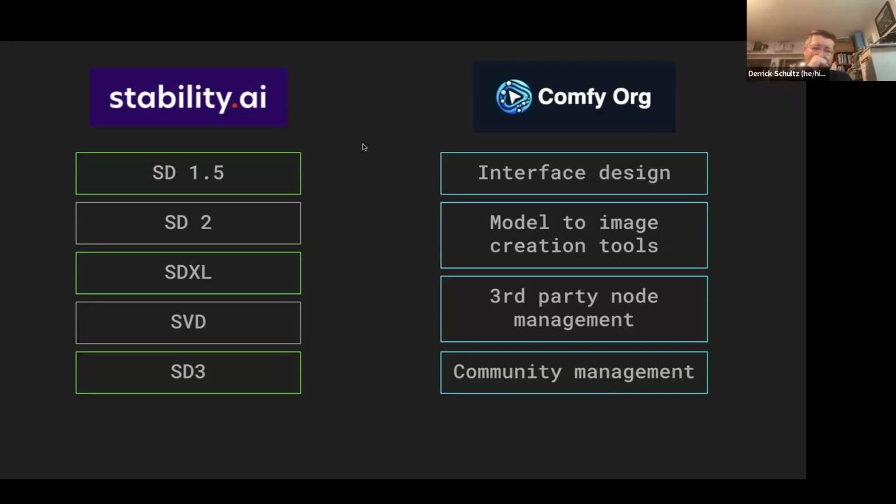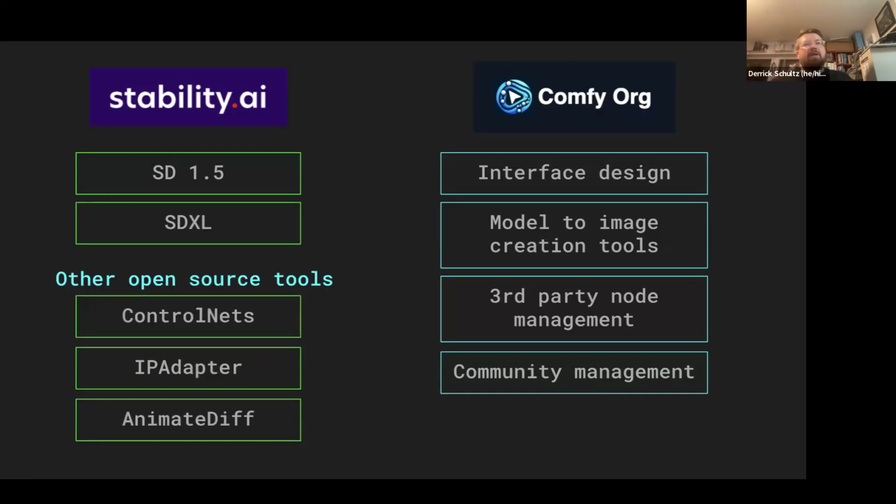I think it's important to mention because if you're familiar at all with the AI world, there's a lot of discord or heat about what's happening at Stability right now. Lots of people think Stability is going to go under, or it's going to get bought by someone else, and then they're going to change the whole model. The release of Stable Diffusion 3 introduced a bunch of licensing issues that people are upset about. So when I talk to people, they're like, "Oh, is Comfy going to go away when Stability goes away?" And the reality is that Comfy today does not really worry about that because they also have a bunch of other open source models that they're working off of.